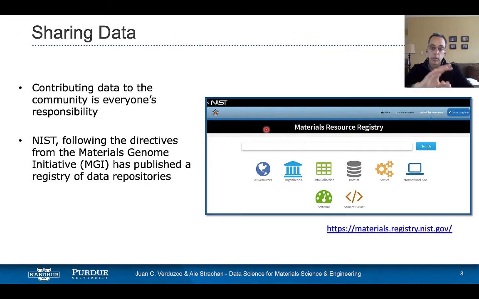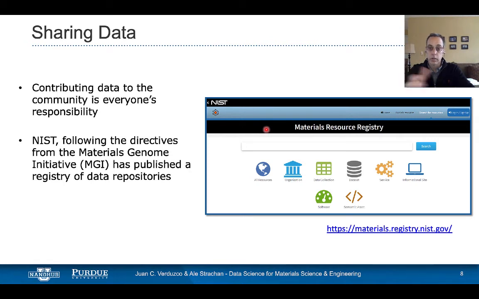So the number of resources available in the materials science community for data and models has grown very significantly over the last decade following the Materials Genome Initiative in the US and other similar efforts around the world.